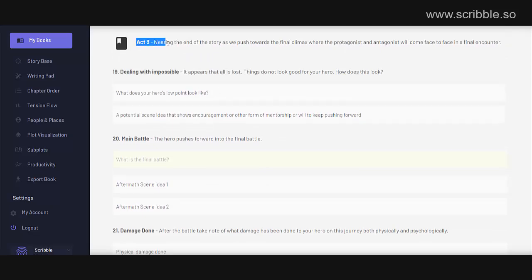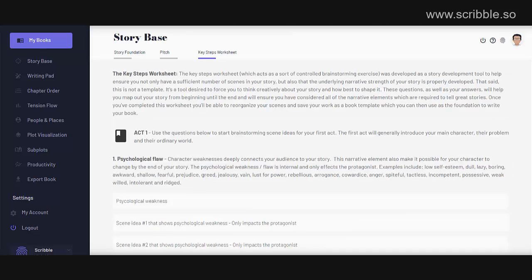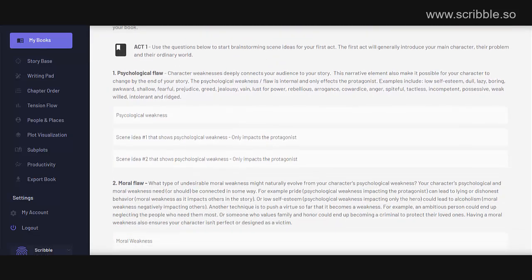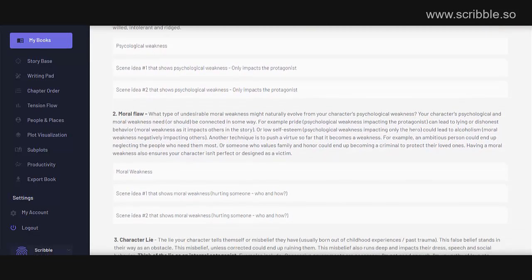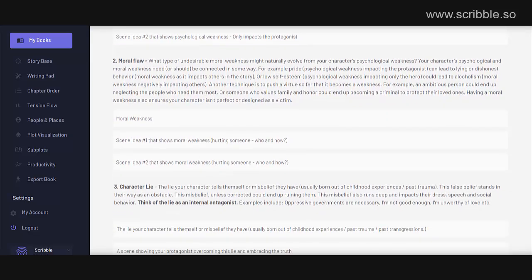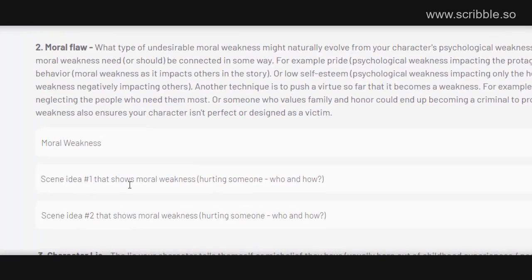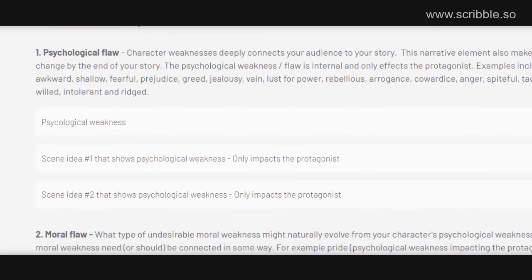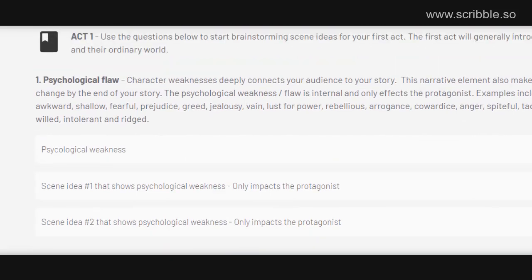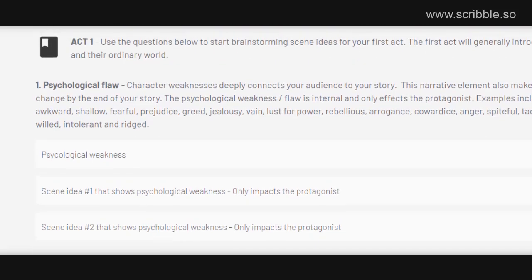So for example, if we look at Act 1, you'll be asked questions about what your character's weaknesses are. Not only will we ask you to identify a possible weakness, but also to conceptualize scenes where you could communicate that weakness to your audience through some type of character action. So here you can just play around and audition different weaknesses. You're not committing to anything here. You're just workshopping your idea. You're playing with it in your hands and trying to get it to fit into some type of form.